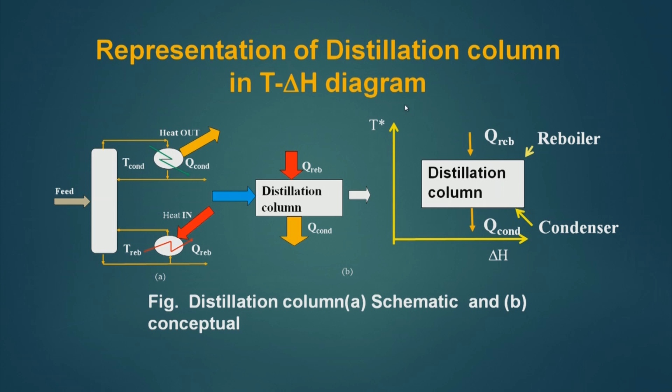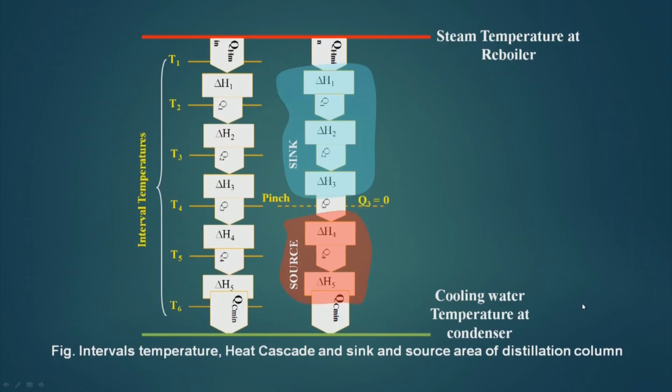So, this is the conceptual diagram of a distillation column in a shifted temperature curve and delta H. This will now be used to integrate it with the GCC. Now, if I see a distillation column, this may be my top tray with a T1 temperature, then the temperature T2, T3, T4, T5, T6, and if this is the pinch,